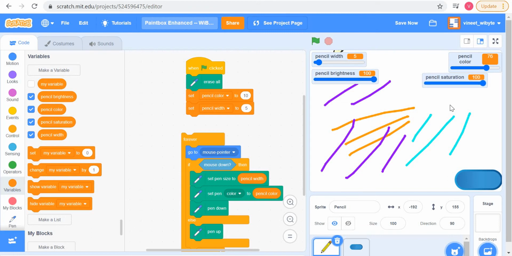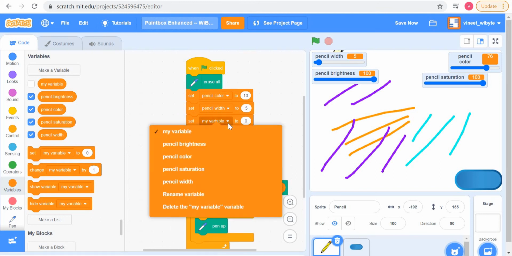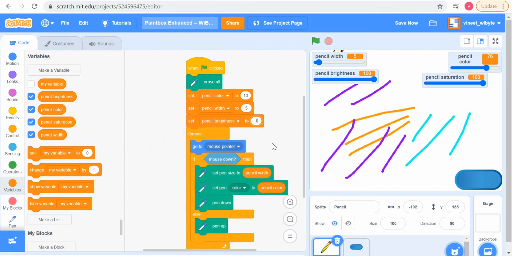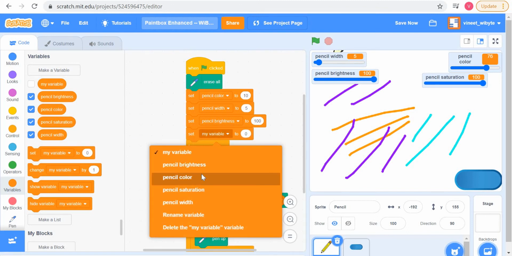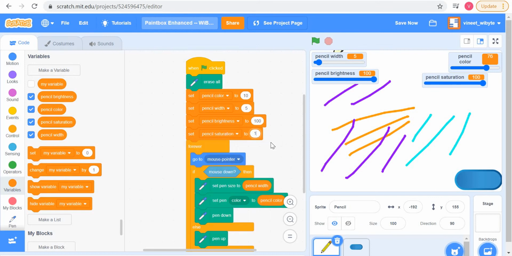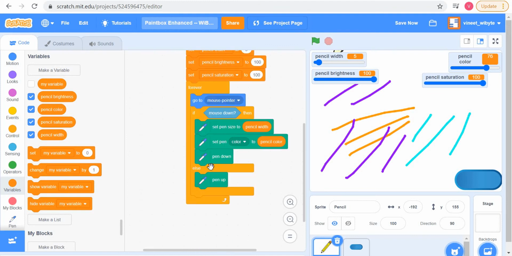And since these variables are around now, I will use set pencil brightness to 100, and set pencil saturation to 100. So this will take care of the fact that by mistake, if I have, let's say, elsewhere set the color to black or white, and saturation and brightness have got disturbed. So I'll first fix these two, but this is not enough,